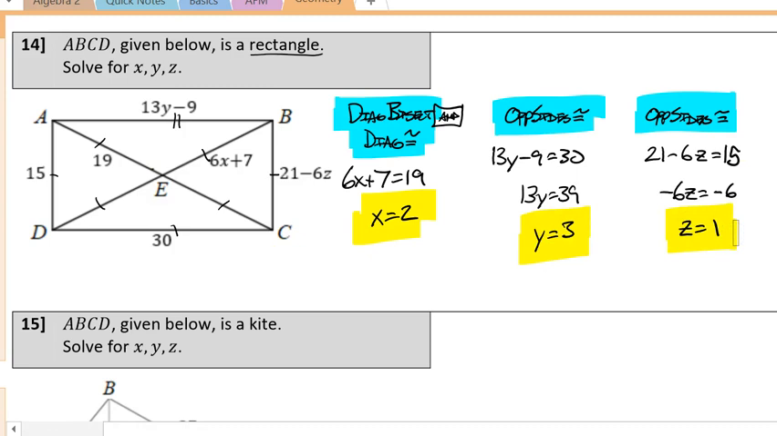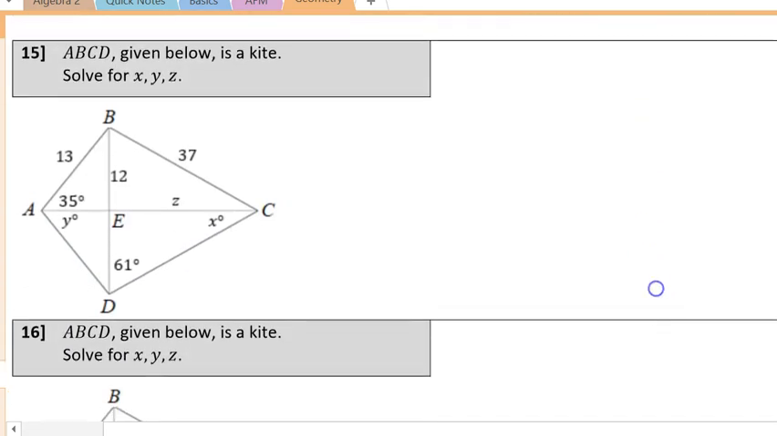Okay, question number 15, we're changing it up a little bit in that we have a kite in both of these, 15 and 16. Relationships we know about a kite. We know that adjacent sides are congruent. We also know, very importantly, that the diagonals are perpendicular to each other, so we have 4 right angles generated